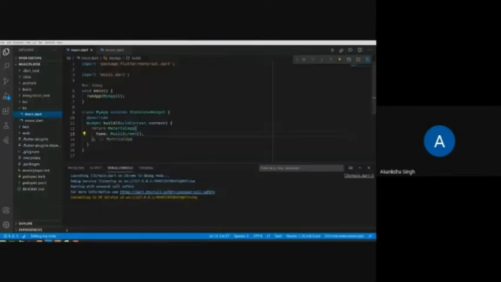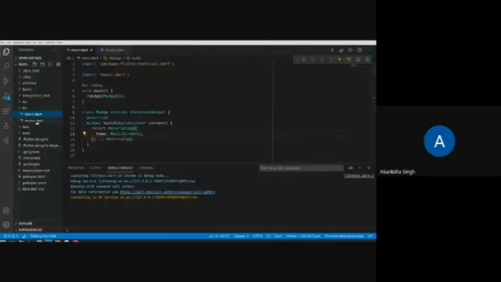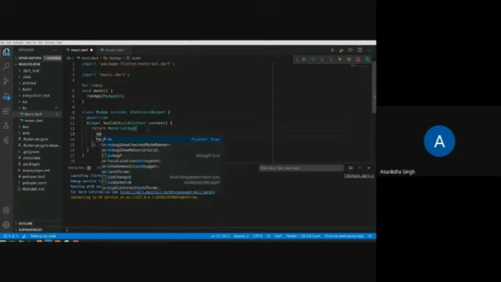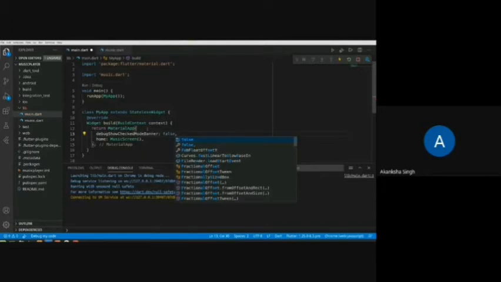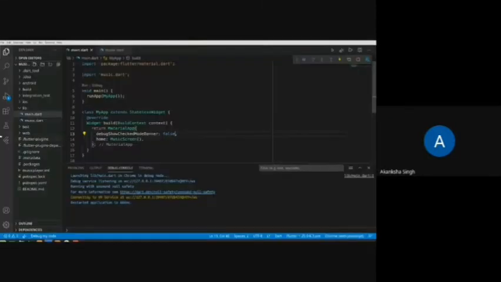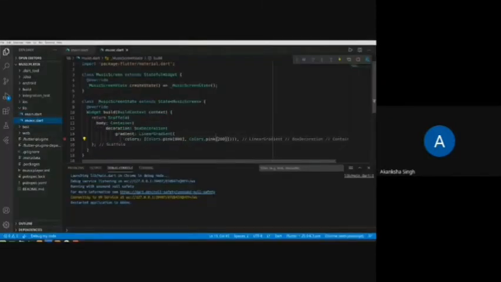So, and we also want to remove this debug banner. So for this, we will be writing, we'll set this to false. So this will disappear now. Okay, so now we have the gradient background. What is the next thing? We have to add another container which will contain other widgets. So in this container,